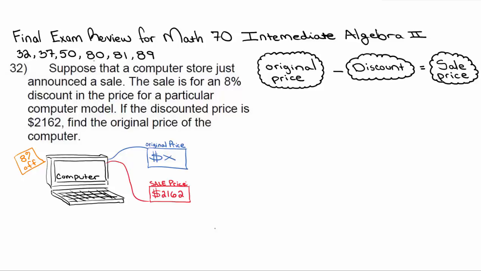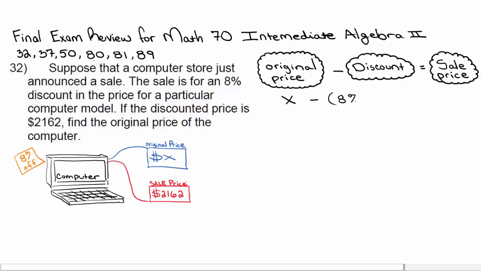Suppose that a computer store just announced a sale. The sale is for an 8% discount in the price for a particular computer model. If the discounted price is $2,162, find the original price of the computer. Well, the original price is X, because we don't know it. We're going to be subtracting the discount from X. That discount is 8% of X. And then we're going to set that equal to the sale price, which is the